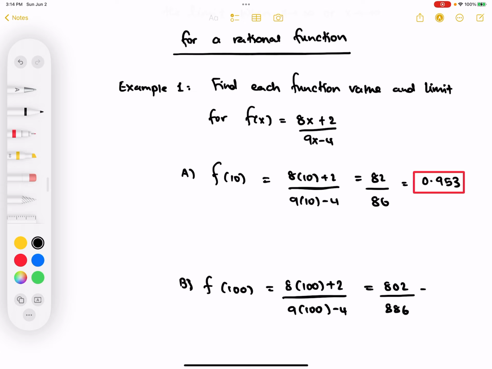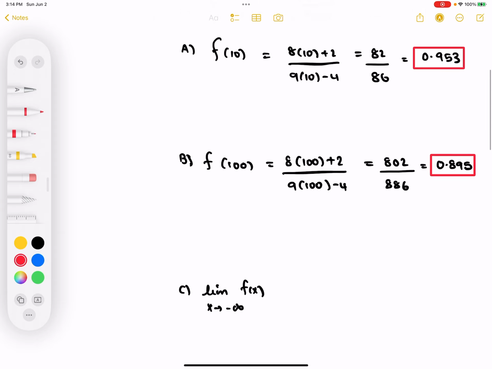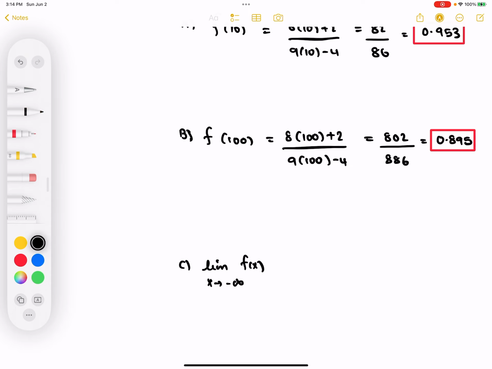So this becomes 0.895 when you use your calculator and find the result, to 3 decimals. Now the main point is here, how to evaluate the limit as x approaches